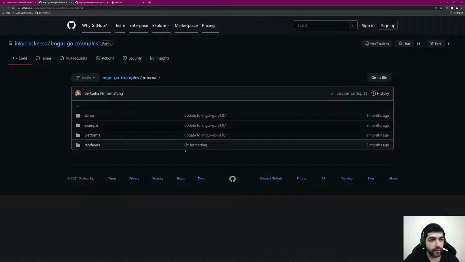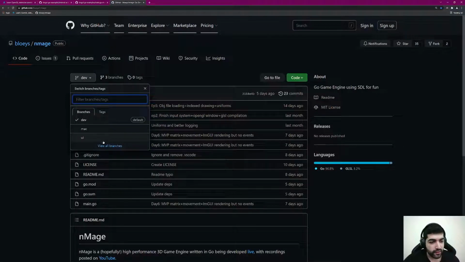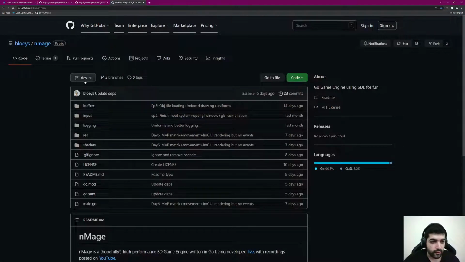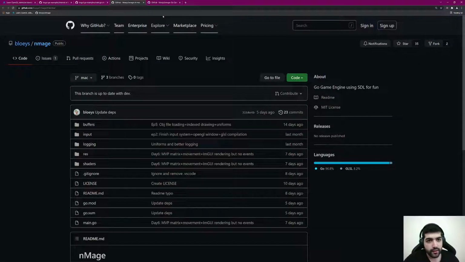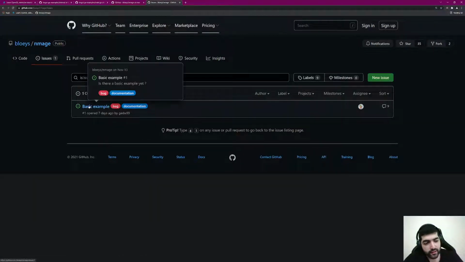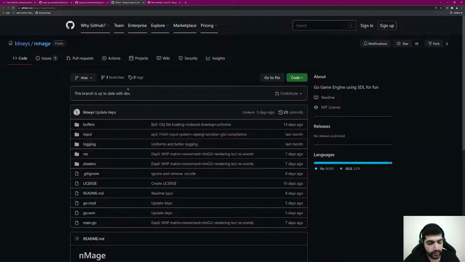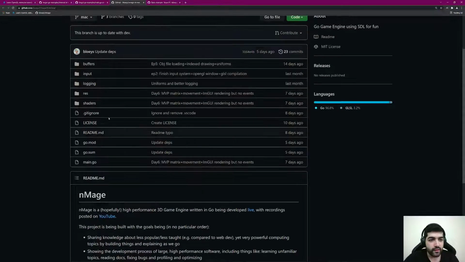Now, one other thing that happened since last time is someone was using nMage on Mac and they couldn't get it to run, and that showed us a few bugs that were actually fixed. They're not merged yet, so I'd like to talk about them so we can fix them first. Then we can start the ImGUI stuff. So what happened is, turns out, and I made a branch for this,